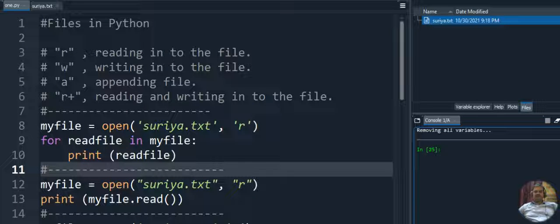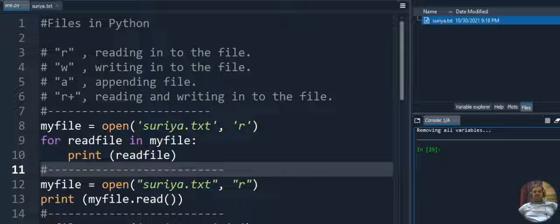In previous videos we discussed strings, and before that we discussed looping statements and control statements. I hope you understand those things. If you are not able to get them, please replay the video and watch it. You will get it, surely you will get it. So this is the video on files in Python.